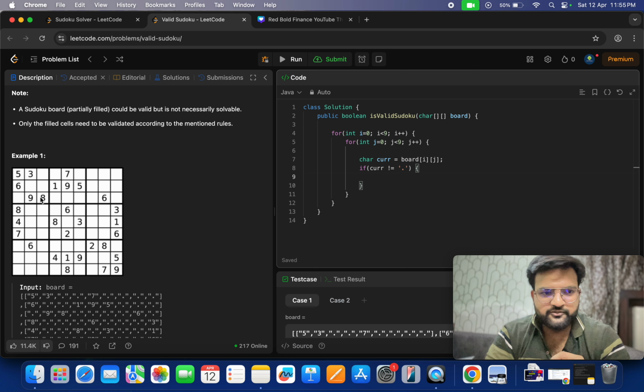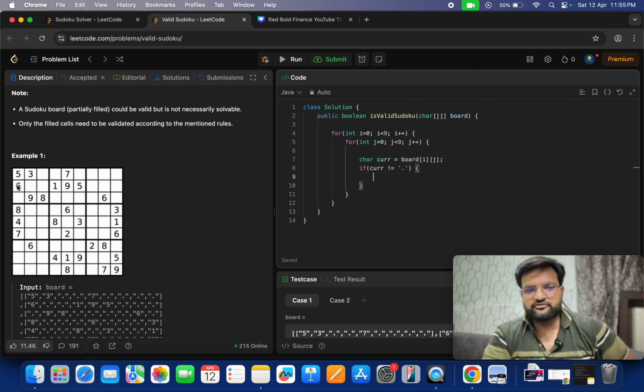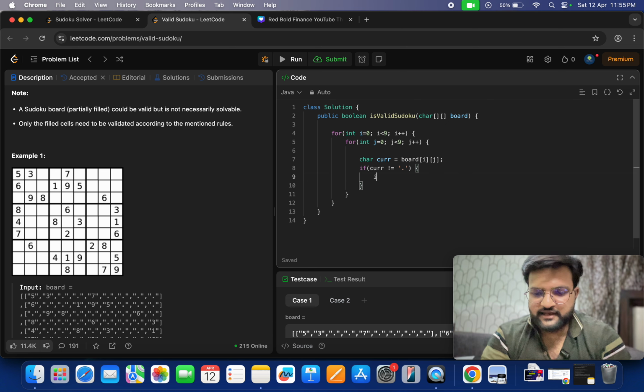So what we are going to perform, we just check if the element present in the cell is valid. If it is repeating in another cell, that means it is not valid. So we just check if our current element